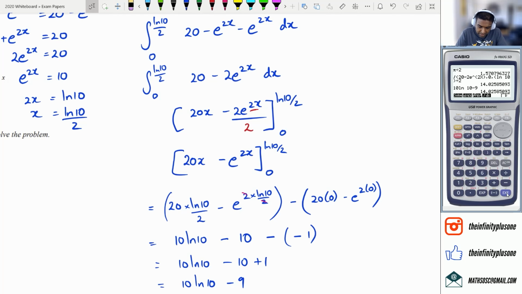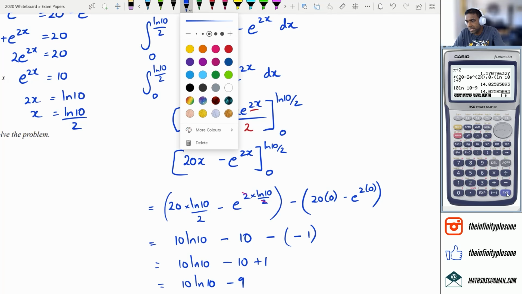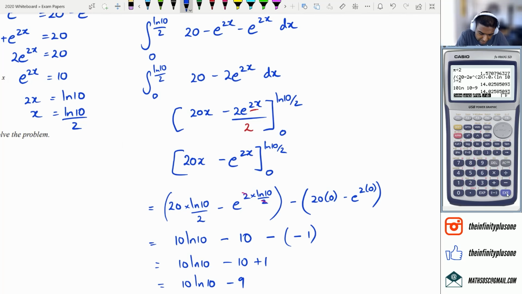So as I said, that's basically it, I think, for this question, because we got the final answer. You can actually leave your answer as 10 ln of 10 minus 9. That is absolutely fine. As for the marking schedule, I actually want to show you guys the marking schedule because